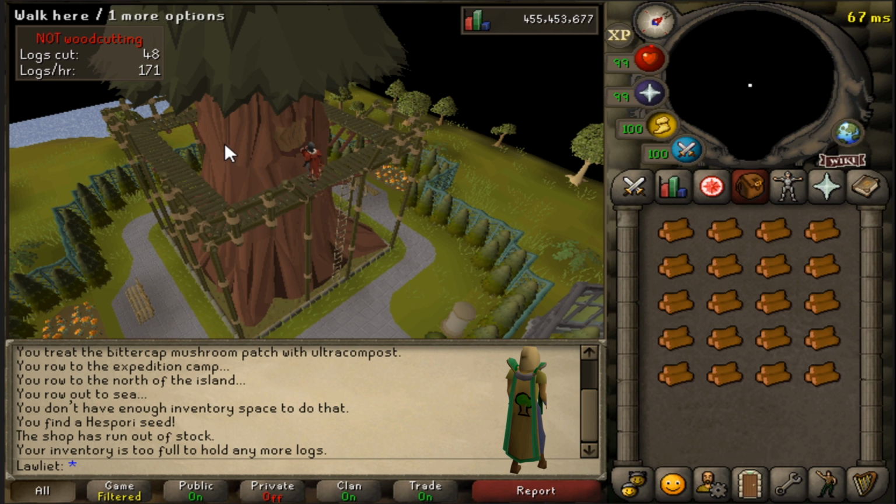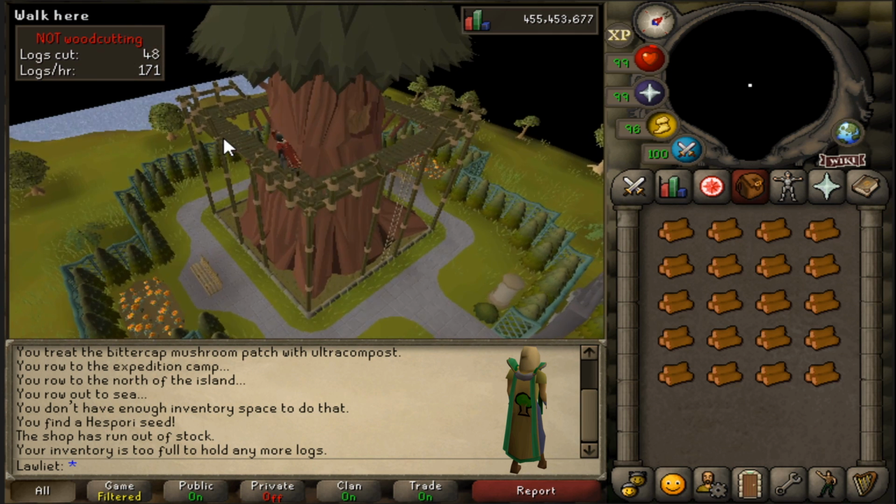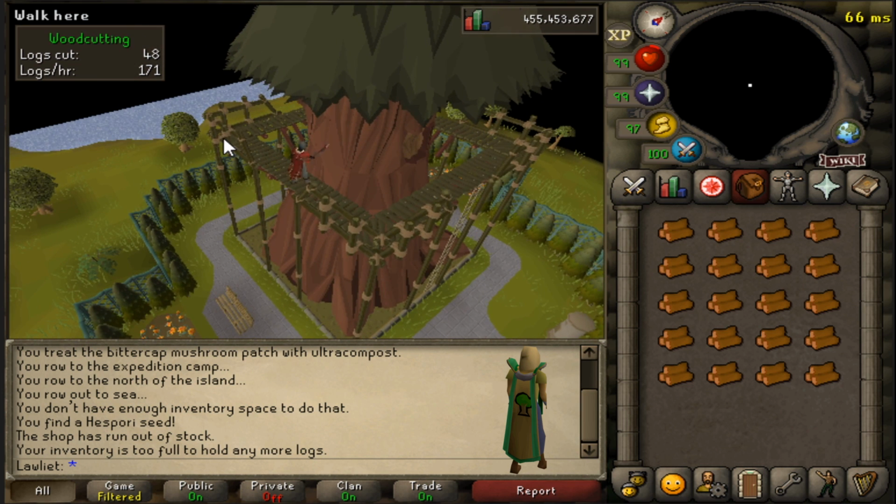I remember I did normal trees up until oak, which was 15, and then I did oaks all the way to willows, which was 30, and then I think from 30 to 60 I continued doing the willows, and then once I hit 60 I went to the woodcutting guild to get the invisible boost, and I did yew trees from 60 to 90. Now, I did do magic trees because I was excited to cut those magical looking trees